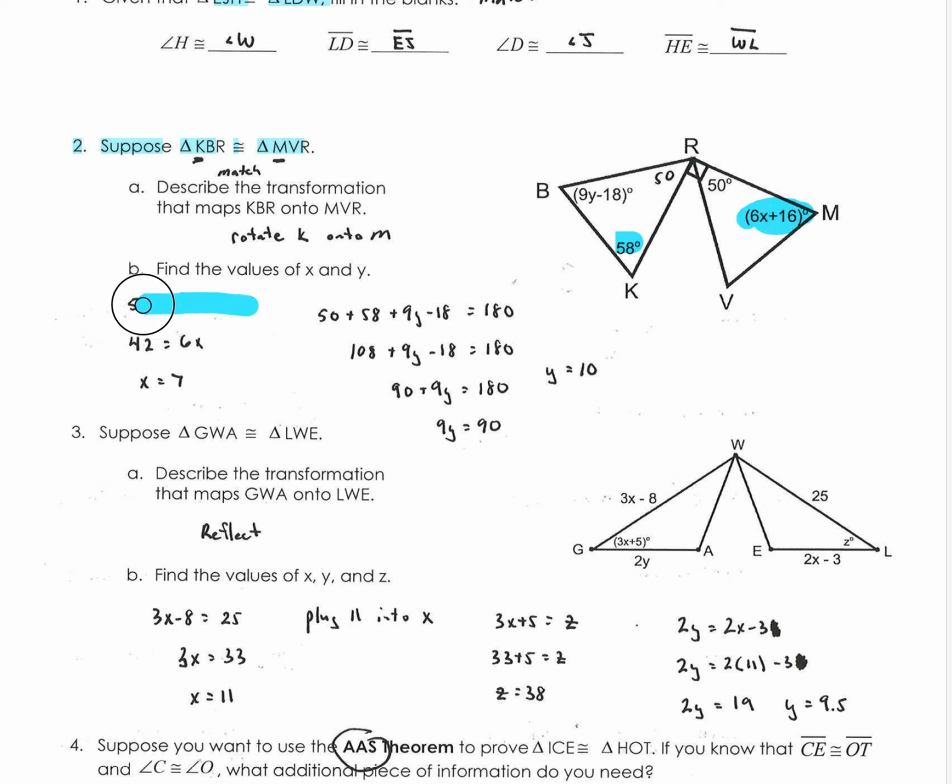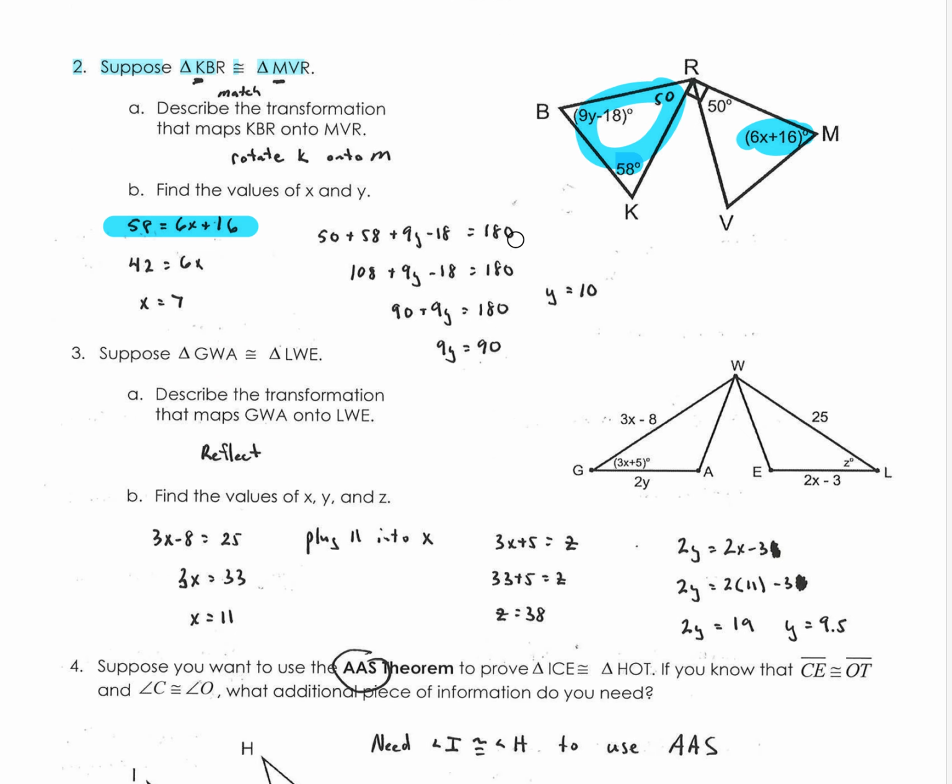So set them equal to each other and then solve for X. But once you know X, you also know angle R and angle R are the same. So if that's 50 up there, then that's 50. And then you can take these three angles and add them up to 180, which is what I did here. Okay? And adding them up, and then I solve for Y. So my goal was to find X and Y, but I really used the fact that I'm matching the letters, and I also know that there's a rotation, and I know that the 3 angles in a triangle add up